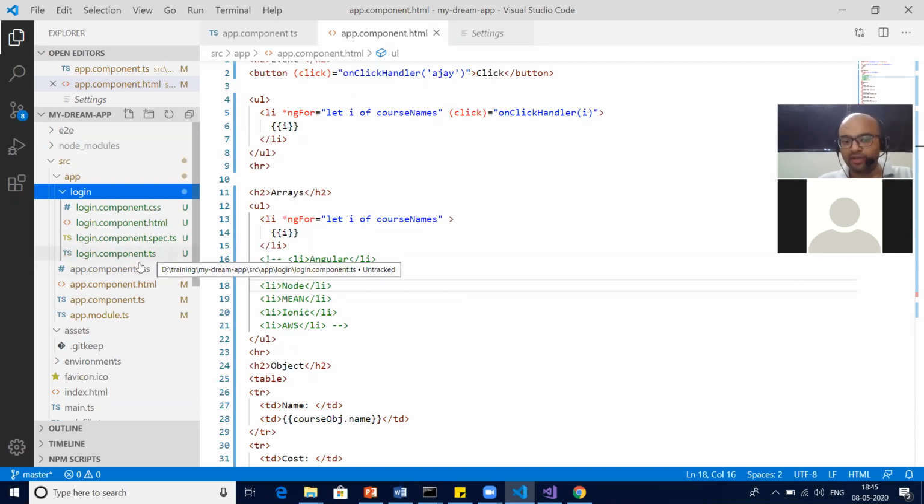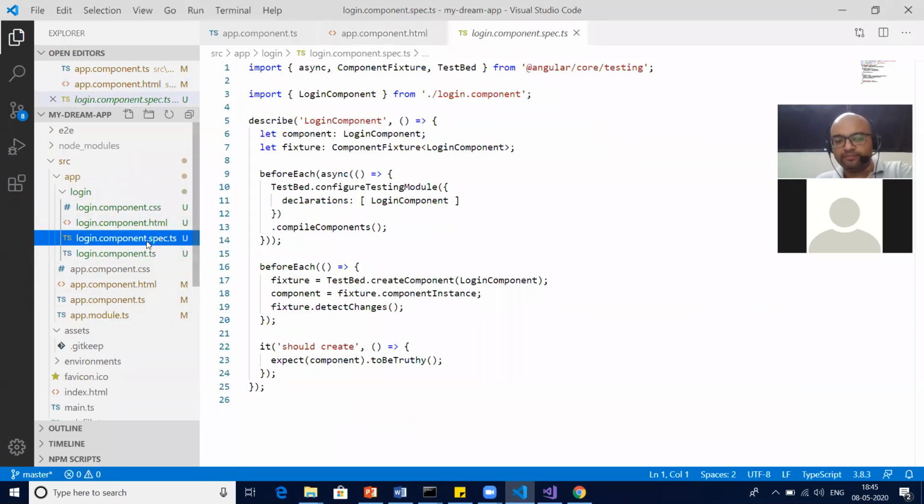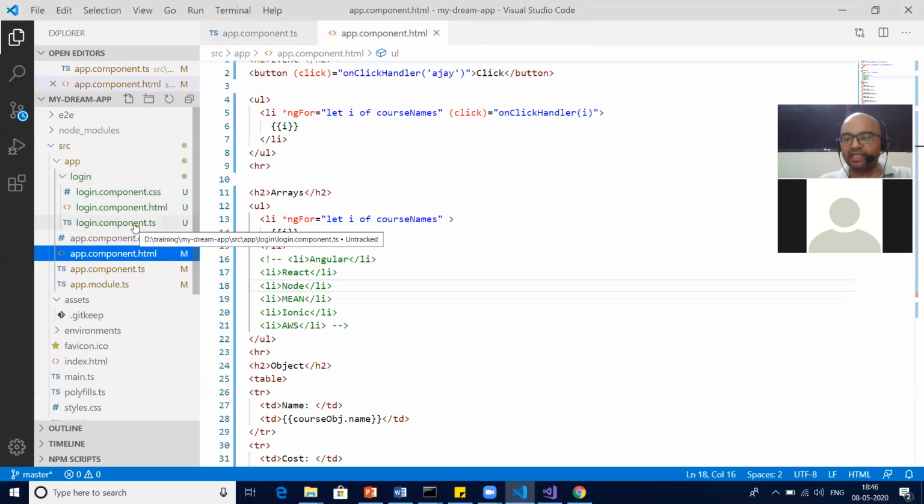Same as app css, app html, app ts, correct. Similarly we have login ts, login html, login css. As of now I don't need the testing file, so let's remove it, correct. So you can see all three files have been created. So you have created a component, a basic functionality called login is there in our project, and we have created a component for it. Okay, let's see how this component is going to look, because this is the first time you have created one, so you should see how it looks, basically, right.